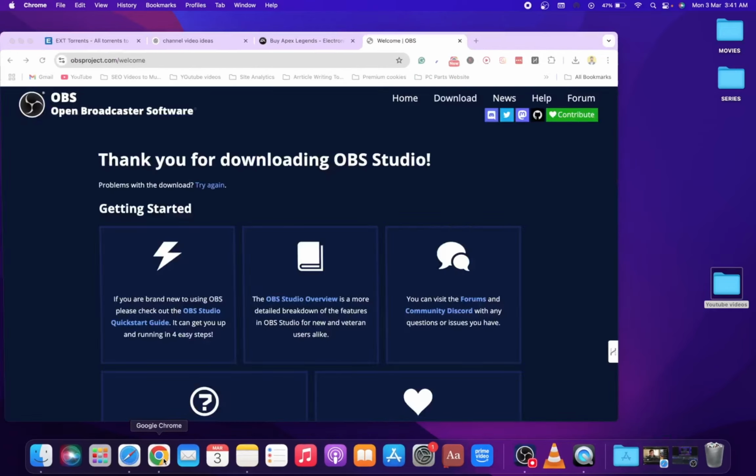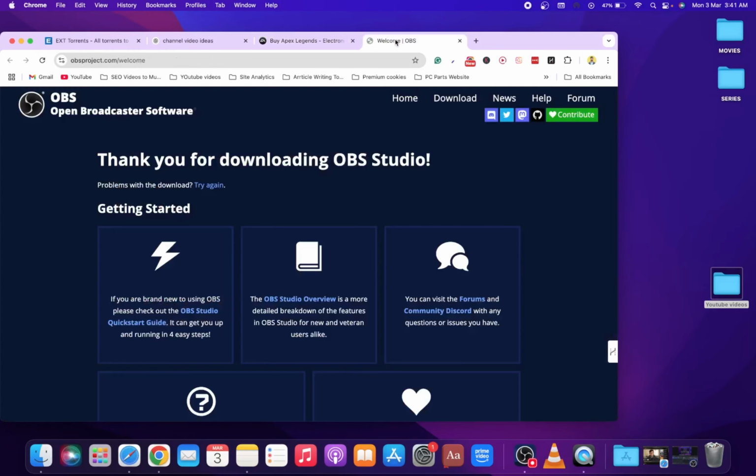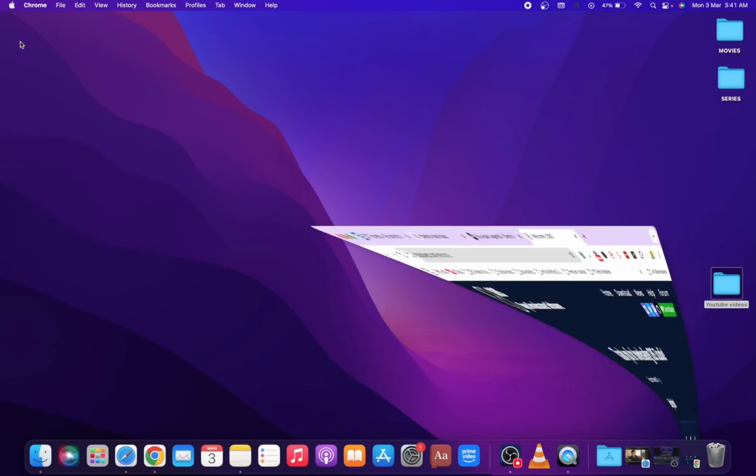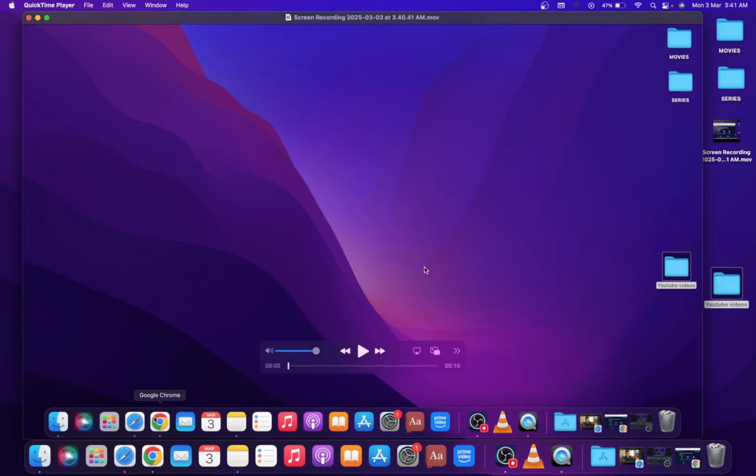Let me change a few tabs so you can see. After that, click this option to stop the recording. You can check your recording here,